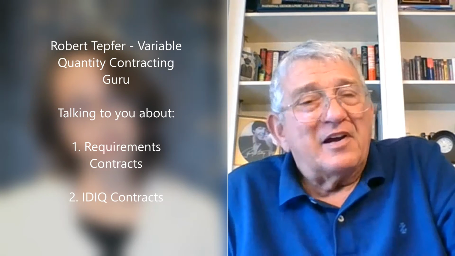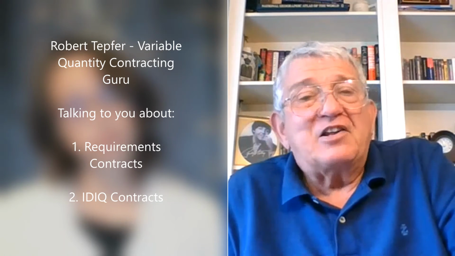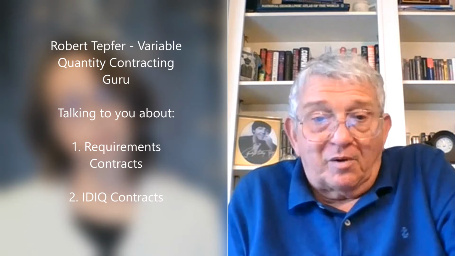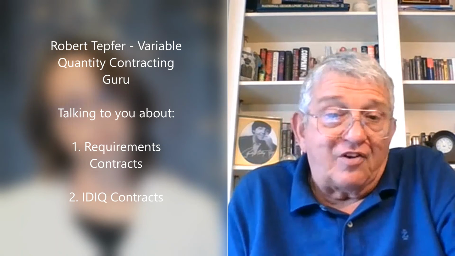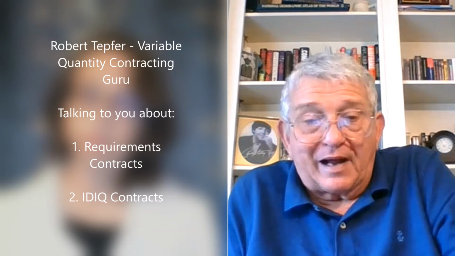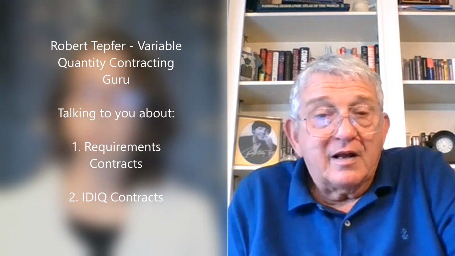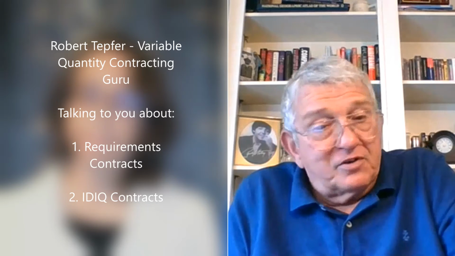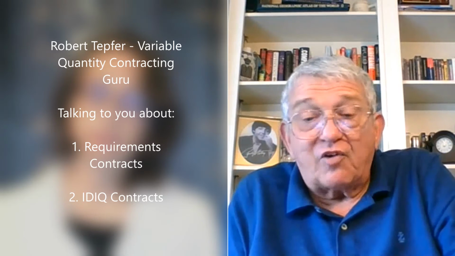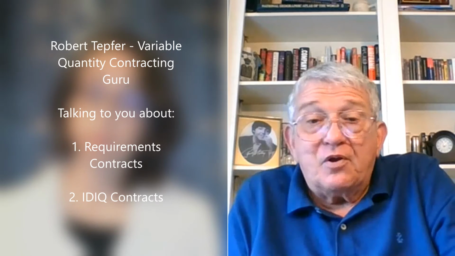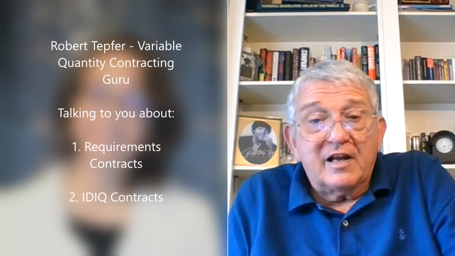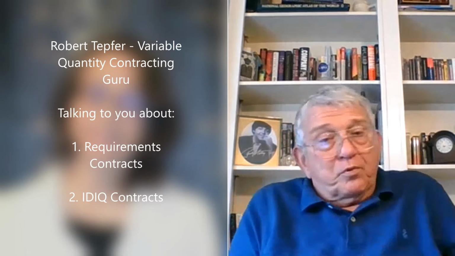The reason why they didn't use IDIQ contracts is the IDIQ might cost you a little bit more, and IDIQ to a large extent has a minimum. Okay, there's not a firm obligation past the minimum, and you have to obligate the minimum amount. It has to be more than a nominal amount. But the beauty of that, even though you have to obligate that when you award the contract, and in the requirements contract you didn't have to necessarily, the beauty of it is after you get to the minimum, the government has total discretion.